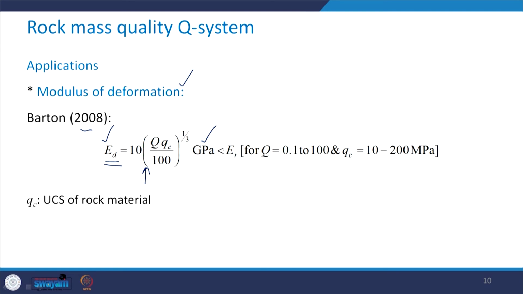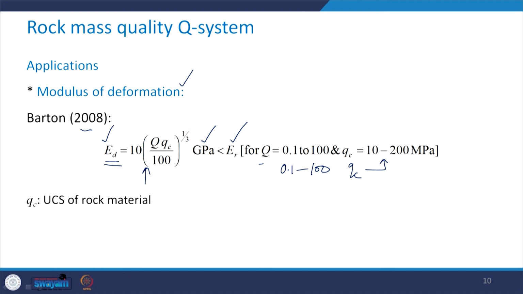So, this should be less than the elastic modulus of the intact rock, which is obvious, and this expression is valid for the value of Q varying between 0.1 to 100 and the UCS of the intact rock varying between